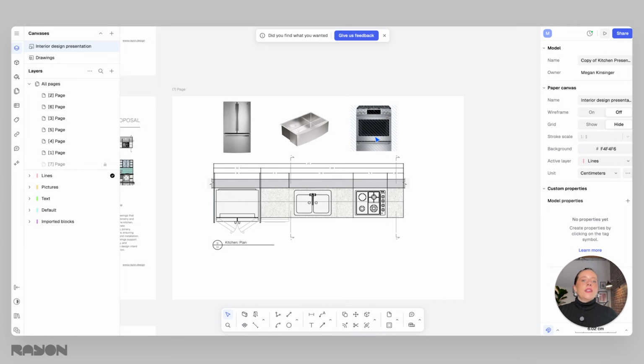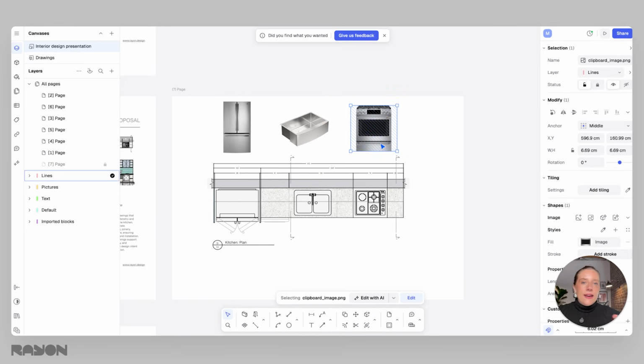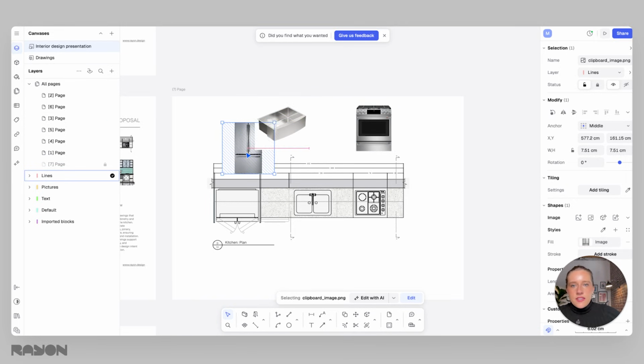This isn't necessarily an aesthetic mood board, which you can totally do in here as well. But this is a good way to add in images from source products and then have those callouts. So it, again, tells the story a little bit better. Now, if you are layering some of these things on top of each other,